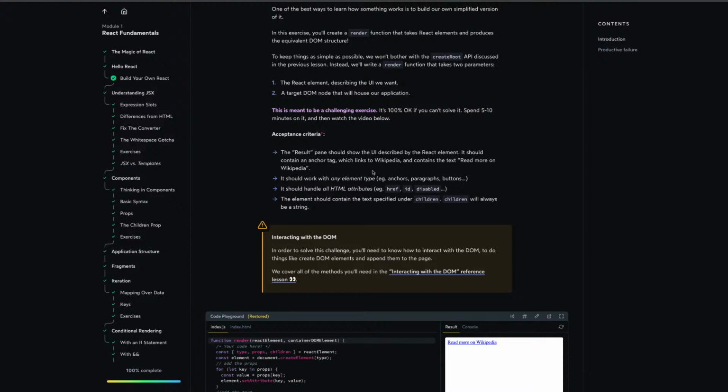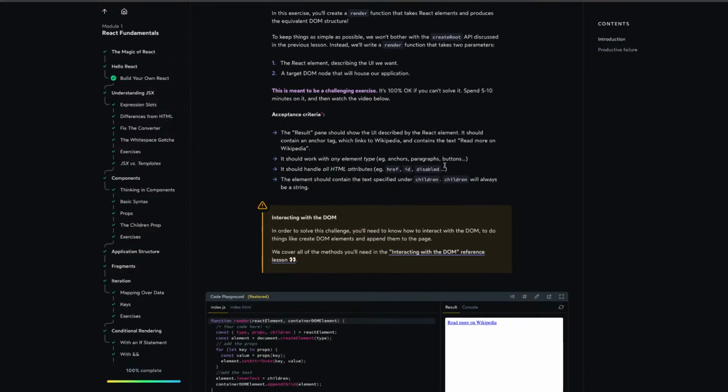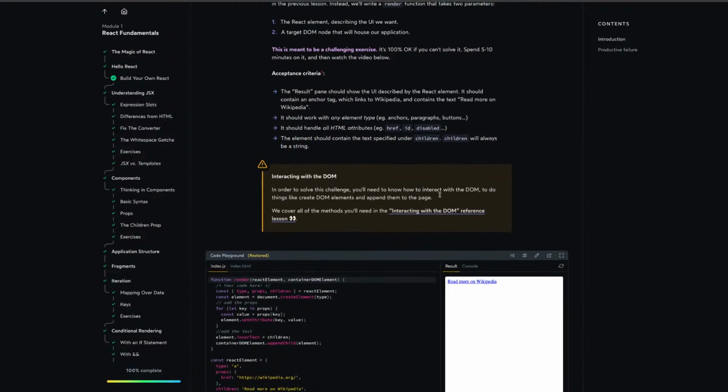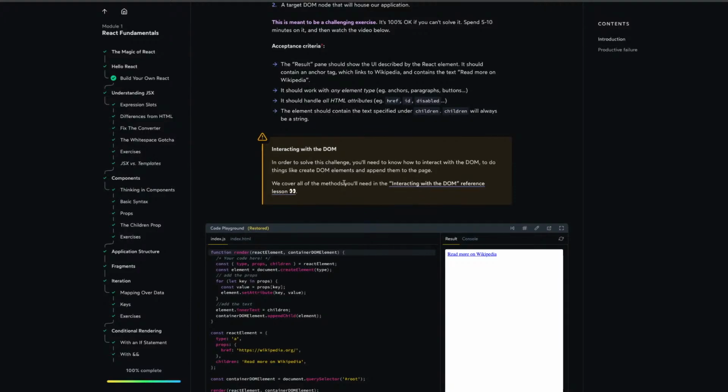It should contain an anchor tag which links to Wikipedia and contains the text to ignore on Wikipedia. It should work with any element type. It should handle all HTML attributes. The element should contain the text specified under children. You need to know how to interact with the DOM to do things like create DOM elements and append them to a page. Let me just